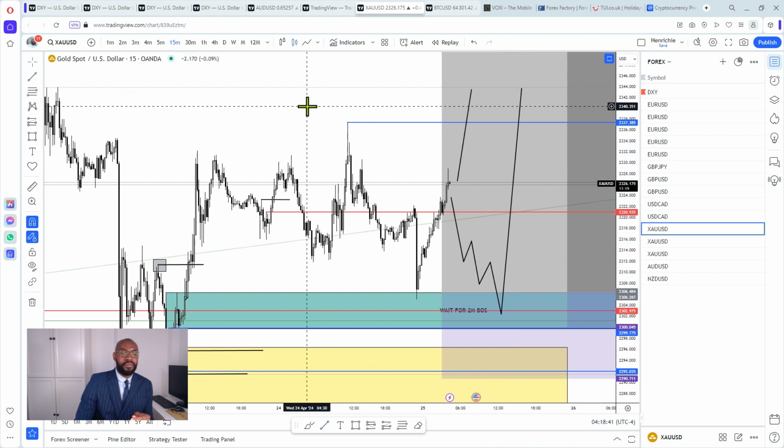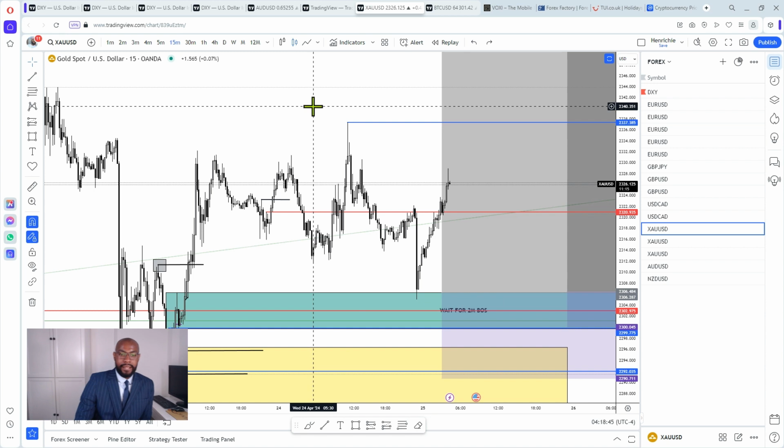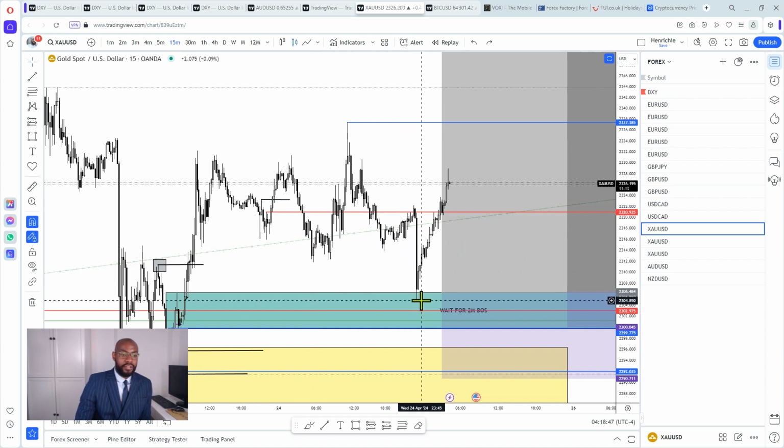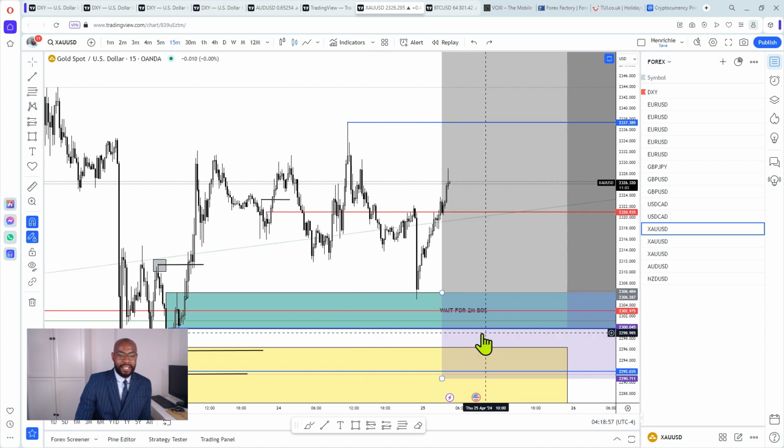Overall, I still remain very bullish on gold. I still want to see higher prices on gold. And it was a very nice, beautiful trade on gold. It's just quite unfortunate that I moved the entry from where it was to a lower level. So one thing I think I'm going to do moving forward is